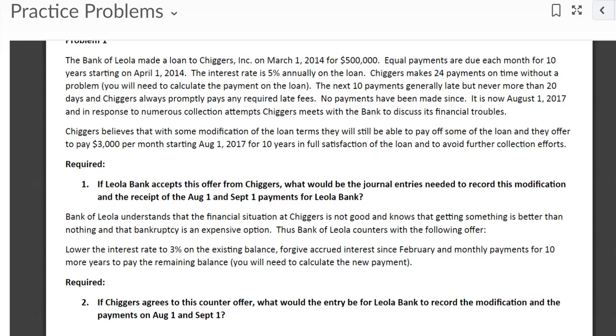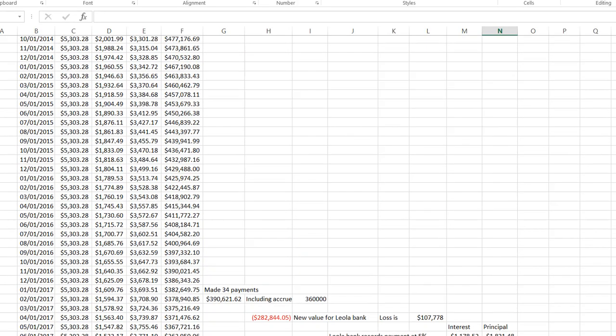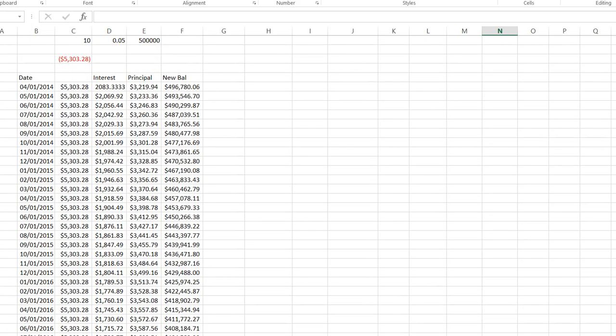So we have a bank making a loan. We have the original amount. We have them making equal payments each month for 10 years starting on April 1st, 2014. So the first thing we need to do is calculate the payment on that, which we learned in our present value work. So if we look at how we might do that,